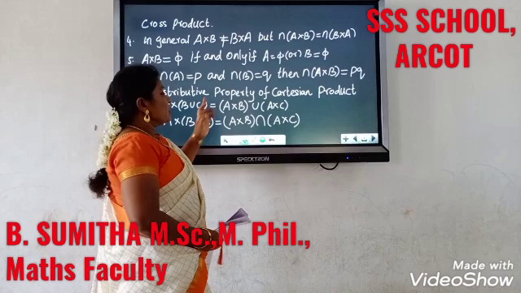And the second question is, if A cross B is equal to {(3, 2), (3, 4), (5, 2), (5, 4)}, then find the value of A and B. While starting this class itself, we have noted that in A cross B, A is the set of first coordinate elements in the ordered pairs. Therefore, the value of A is 3 and 5. We have to write the element only one time. If we get it more than one time, we should not write it like 3, 3. We have to write only one time. Therefore, the value of A is 3 and 5, and the value of B is 2 and 4.